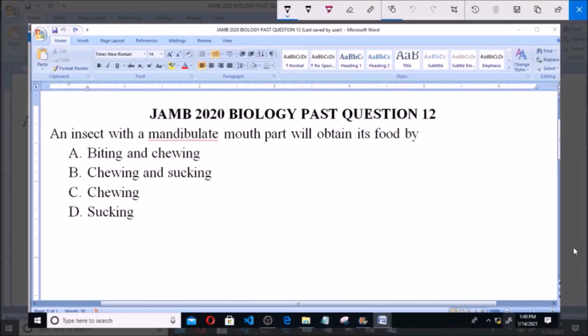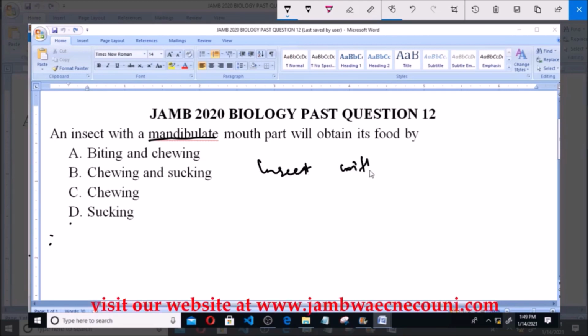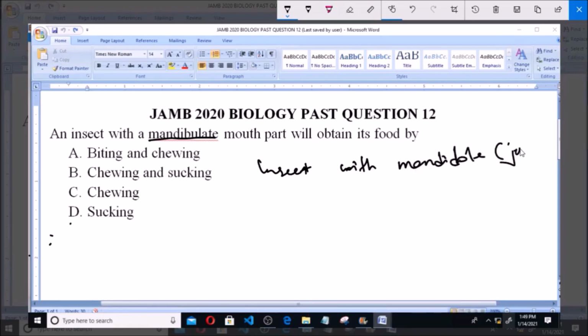I'll be answering JAMB 2020 Biology Past Question 12. An insect with mandibulate mouth parts will obtain its food by A. Biting and chewing, B. Chewing and sucking, C. Chewing, and D. Sucking. An insect with a mandibulate part simply refers to an insect with mandible. In other words, you can call this mandible the lower jaw. Now, insects with mandible, for instance, a grasshopper,